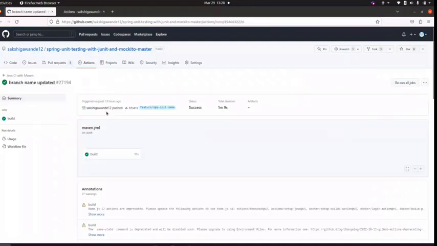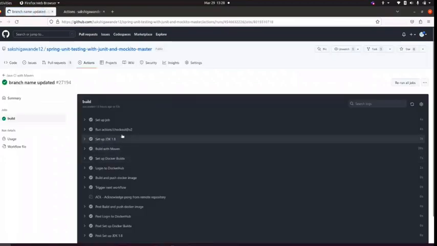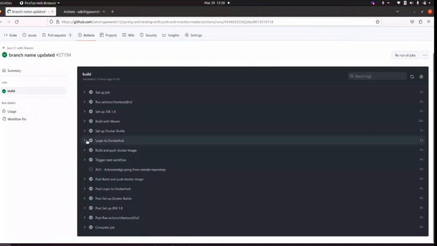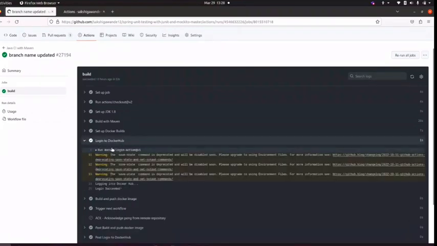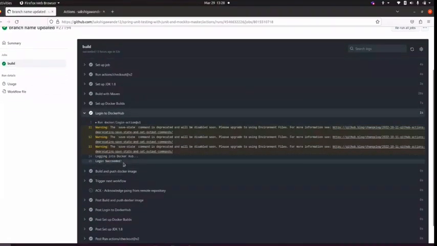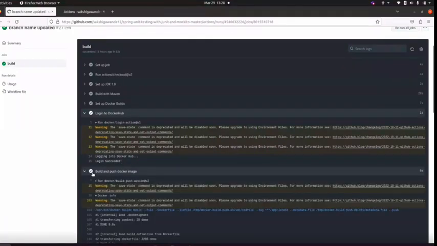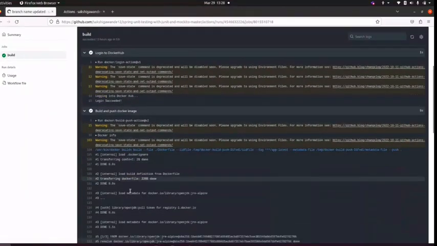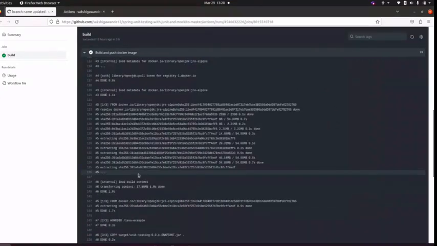So I'll show you the logs, what exactly it will do. If you check the logs, it will log into your Docker Hub account. After the login succeeded, it will build your application, and then it will push your image to your Docker Hub